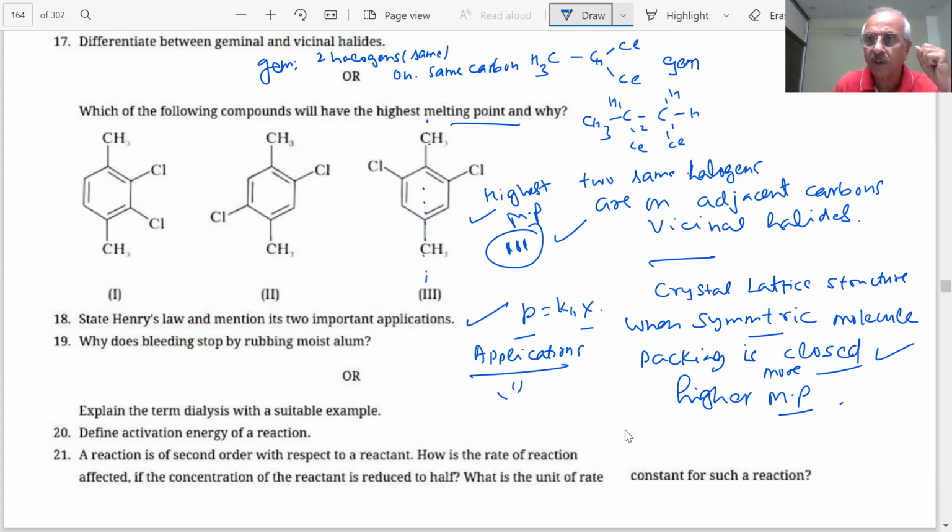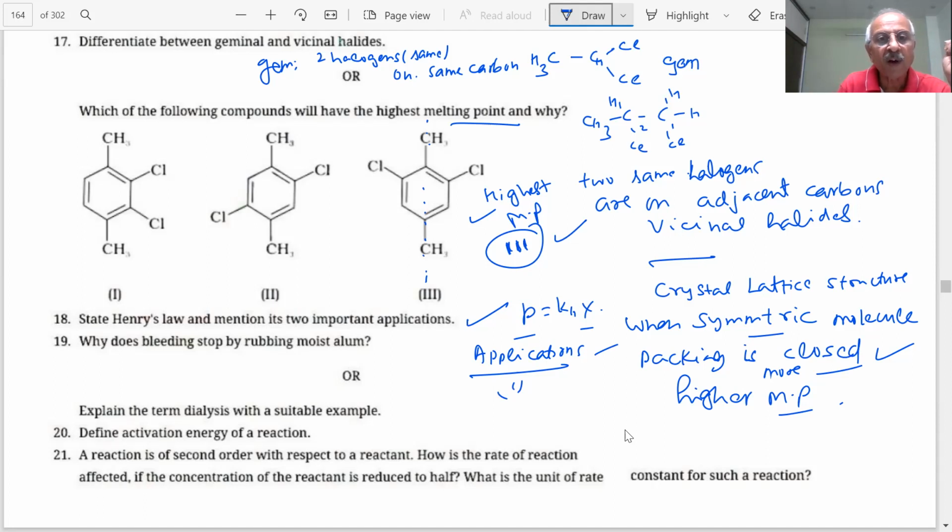Aerated drinks are packed at high pressure because with an increase in pressure, the solubility of the gas increases. Others: you have seen scuba diving, how they dilute the cylinders which they carry with helium. So many applications, whichever you can list, you can give. Nothing much for us to explain here. If you have any doubt, you can read the NCERT for the statement and the applications, which we already told you. The soda bottles are packed at high pressure. You are aware of that.